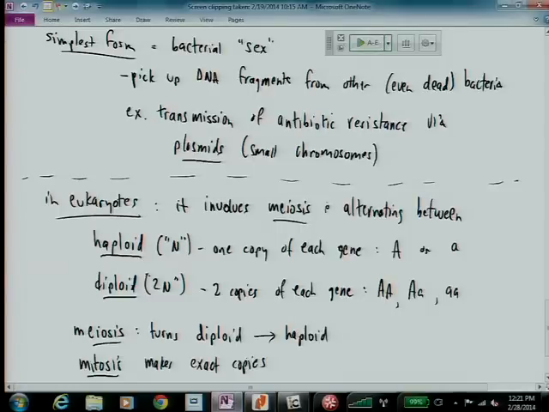To keep all of this stuff straight, these are the things you want to keep in mind. Haploid, diploid, one copy, two copies. Meiosis turns diploids into haploids. So we're not going to worry about interphase, prophase, metaphase, and all those details, meiosis 1, meiosis 2. The main mission of meiosis is it's going to turn diploids into haploids. Okay? And mitosis makes exact copies. We're used to thinking of mitosis turning diploid into diploid, but it also turns out it can turn haploid into haploid, as we'll see in a minute. But that bit of terminology